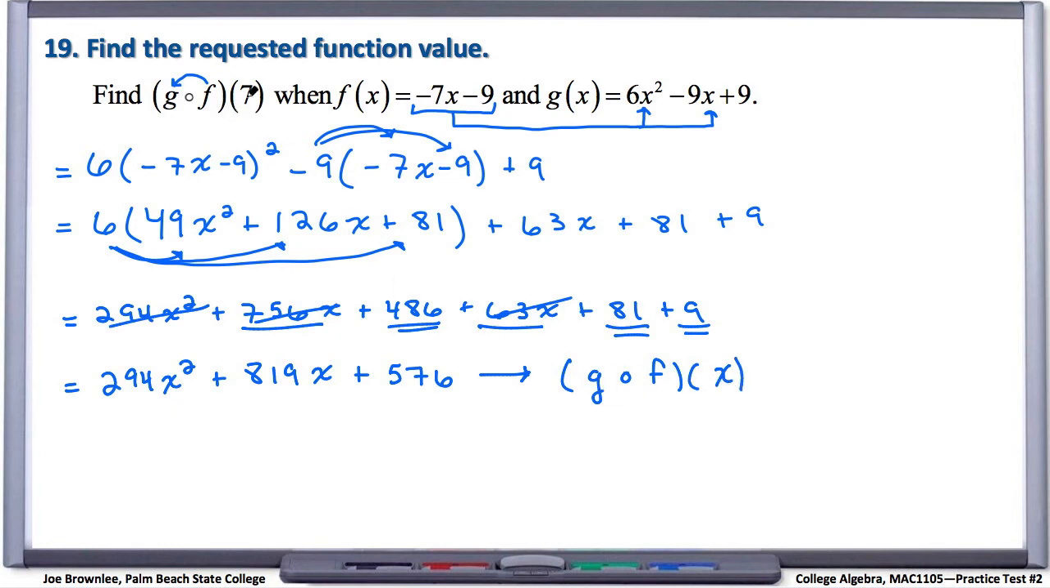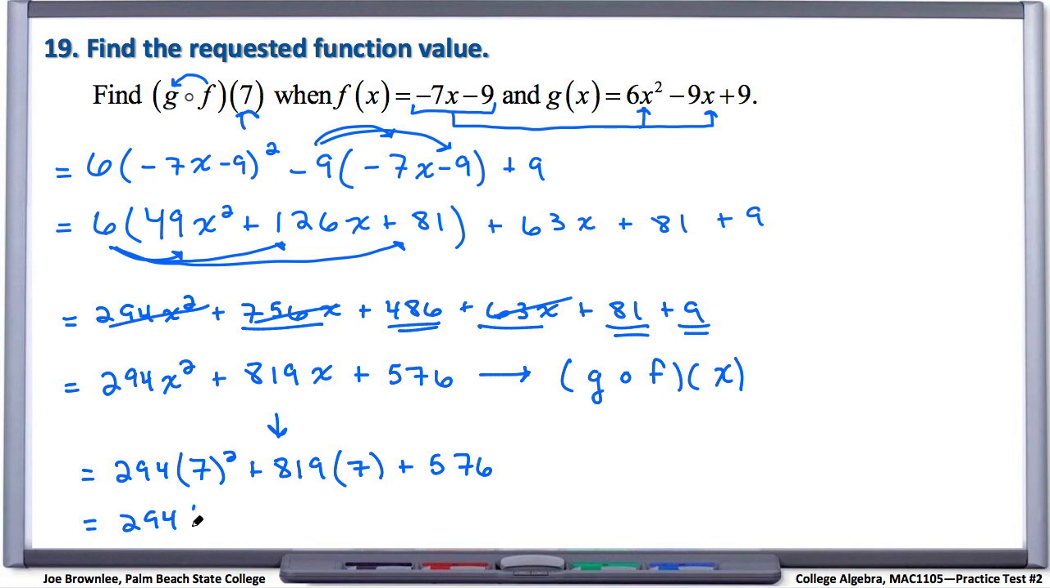But that's not what we've been asked to find. We've been asked to find g of f of 7. So we now need to take this expression here, and anywhere we see an x, we have to plug in the number 7. So let's go ahead and do that. So we'll have 294 times 7 squared plus 819 times 7 plus 576. And here we have 294 times, well, 7 squared is 49, plus 819 times 7